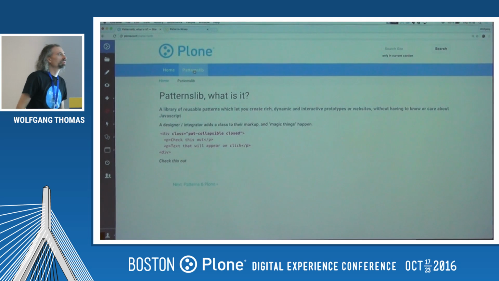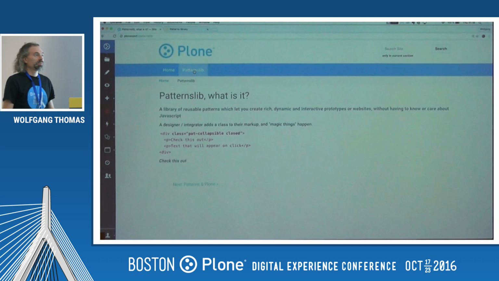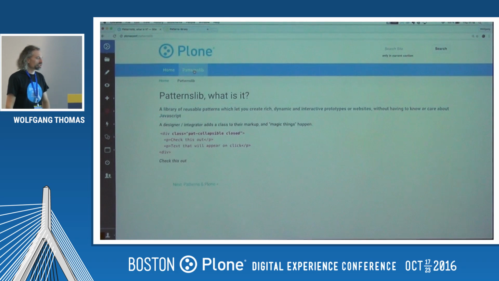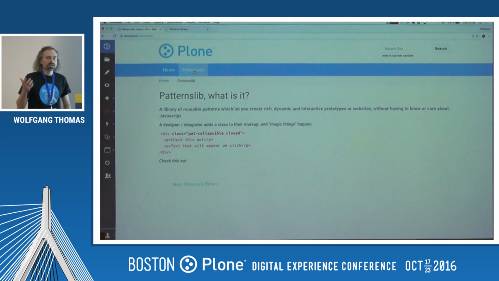So to start off by asking the question, okay, patternslib, what is it? The claim is: a library of reusable patterns which let you create rich, dynamic, and interactive prototypes or websites without having to know or care about JavaScript. So what that means is